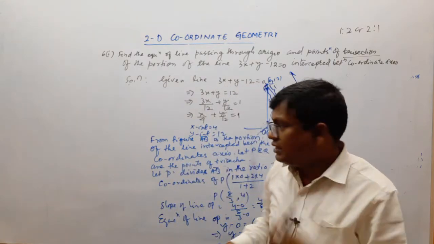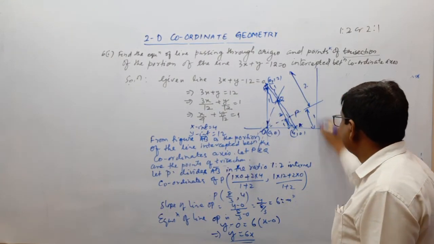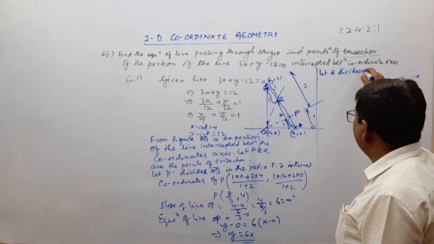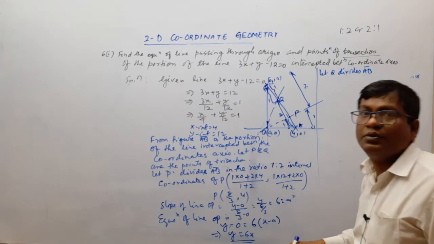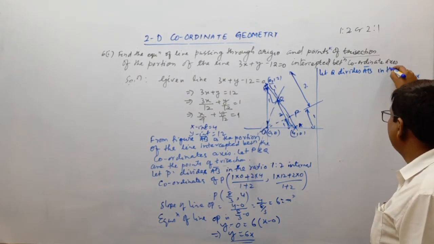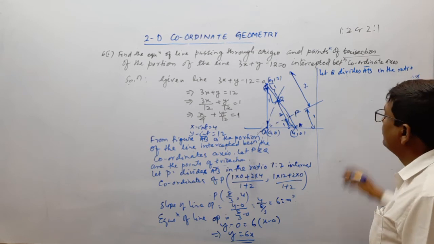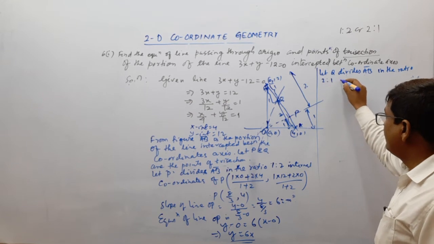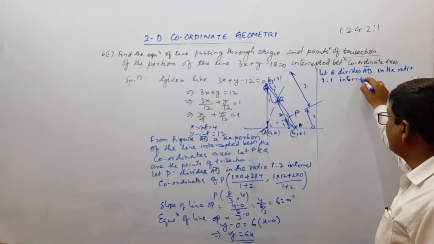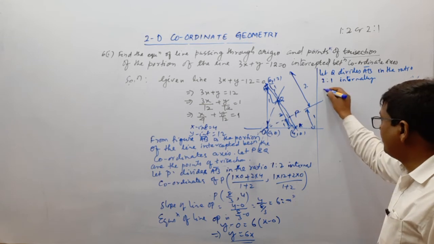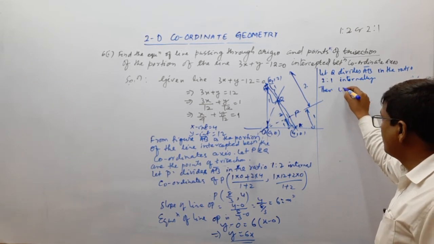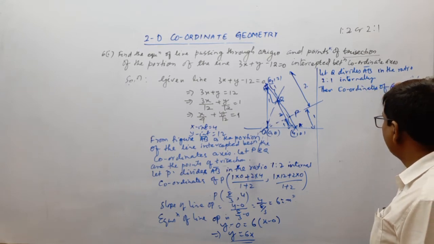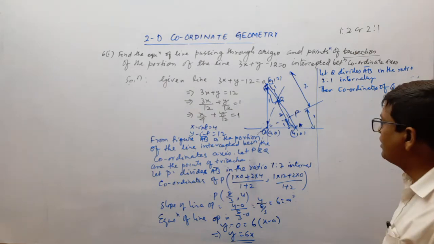Let Q divide FB in the ratio 2:1 internally. Then the coordinate of Q,